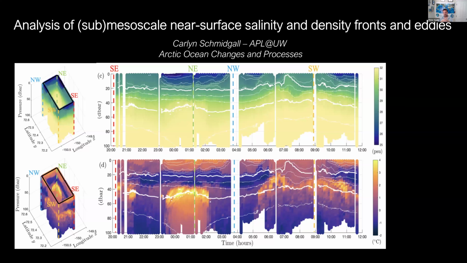All right, in addition to the work that Carlin's doing and looking at some of the classification, she's also looking at submesoscale near surface salinity and density fronts that propagate along the marginal ice zone, or we saw some large eddies filled with Pacific summer water that was quite a bit warmer than what we saw earlier. So she's trying to understand some of the variability in the Pacific summer water and some of the heat that would be available for melting or for the prevention of further ice growth were the haloclines in the region to be mixed away by a storm event or something like that.